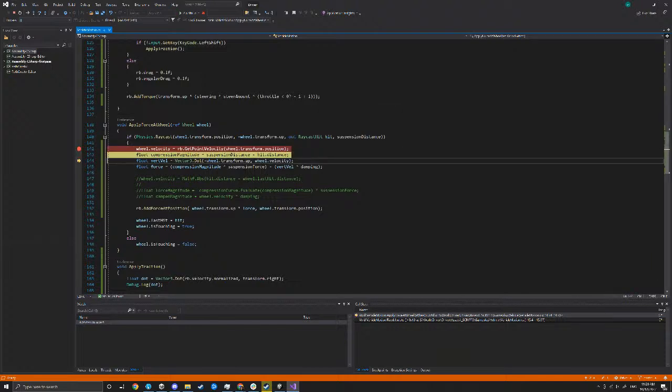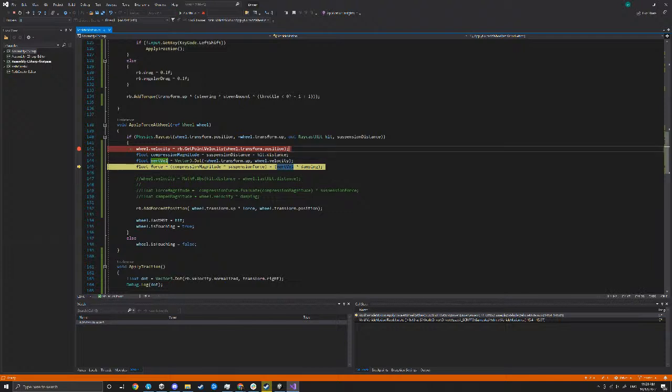Push off it. That's not what I thought it was going to be. Okay, almost 0.5. But we want a value from 0 to 1, don't we? So what we actually want is